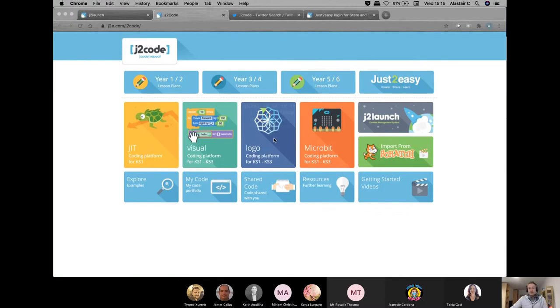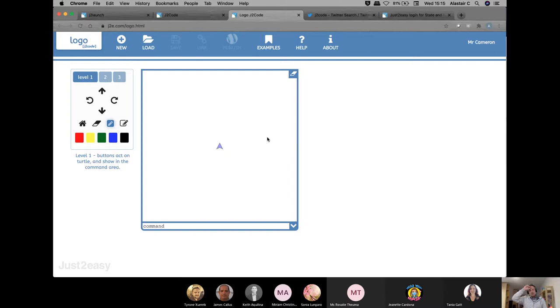Then you've got Logo. Now, for me, this was my very first introduction to coding when I was about 7 years old, and loved it. It was a bit different back then because it was a massive, great perspex dome about the size of a car tire that was on the floor and probably cost several £1,000s and turned up in a school once in a blue moon when the school A had space, B had time, and the technology was available.